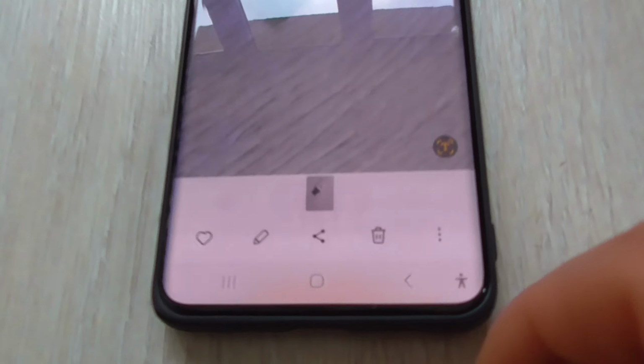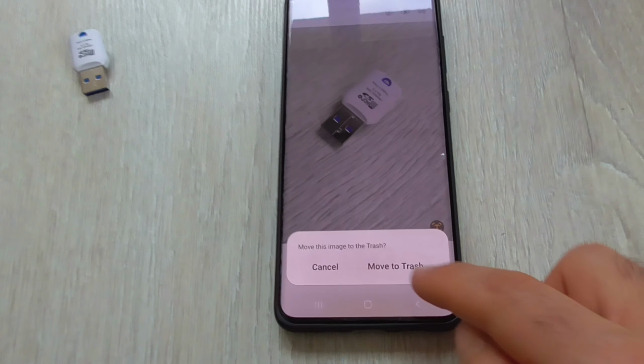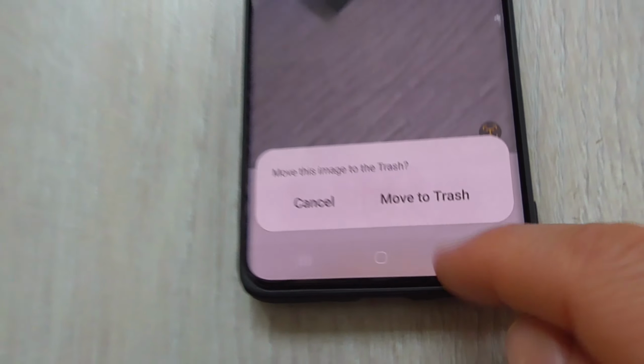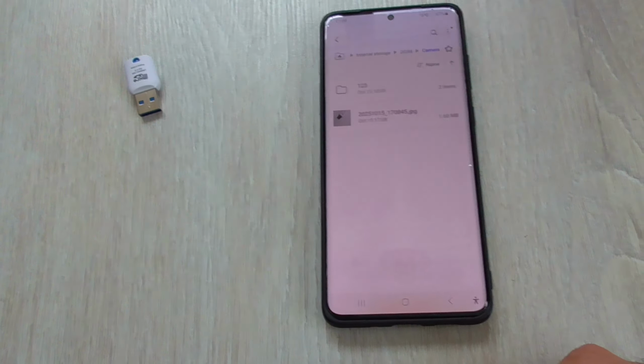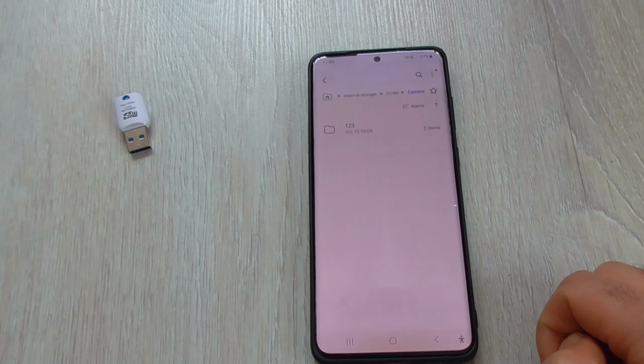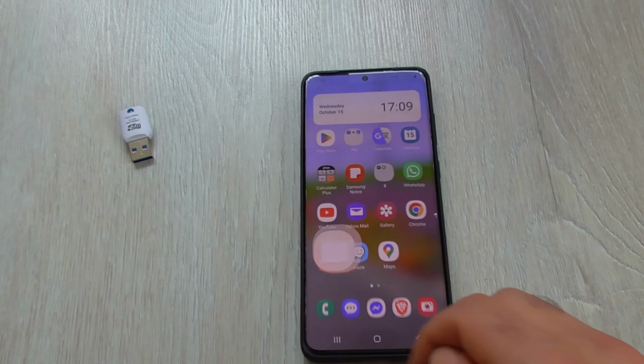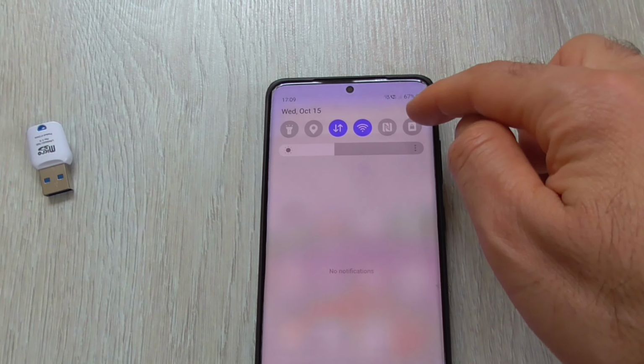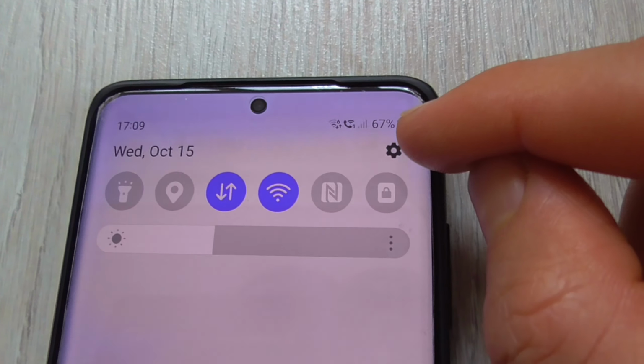Here's the trash can sign, delete, move to trash. It doesn't say delete permanently, it's moving it to the trash, so move it there. The file disappeared from the file manager. Now to get it back, swipe down from the top, go to the settings wheel, that wheel, settings, go to